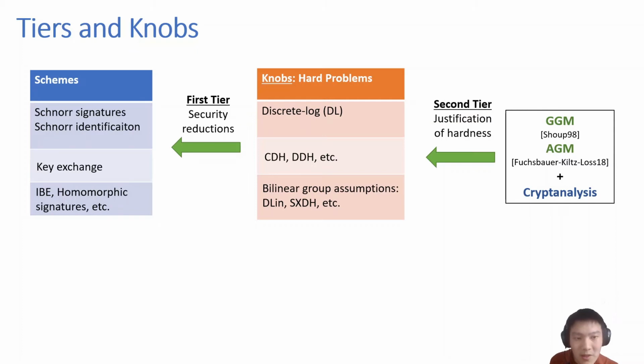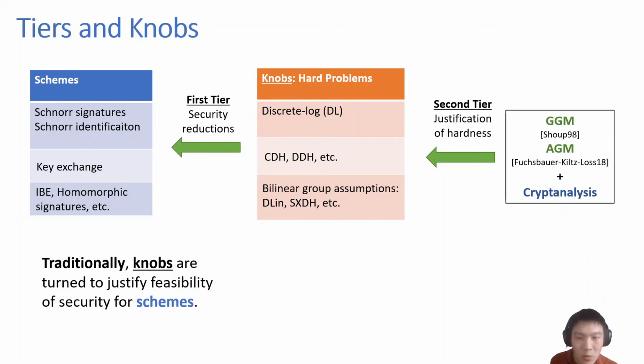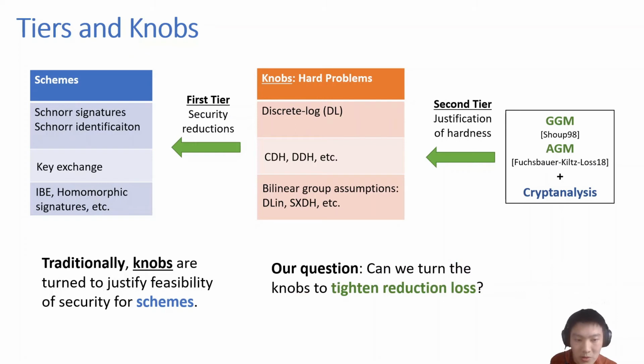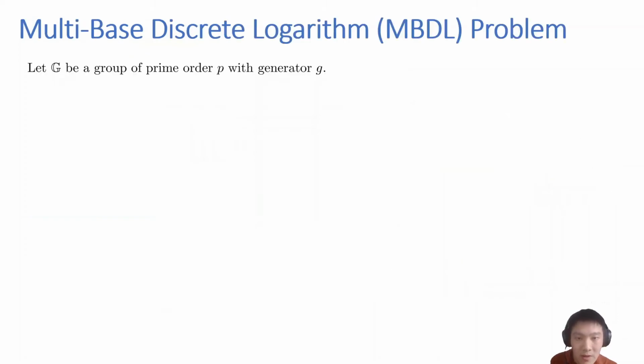Now, of course, these knobs cannot be turned without justification. The hardness of these problems must be justified in idealized models, such as the generic group model or the algebraic group model, and they need to be verified by cryptanalysis. For these problems, the hardness is usually seen as becoming more well-founded as the problem ages. Whereas previous bodies of work turn these knobs to achieve feasibility of security, we ask, can we turn the knobs to tighten the reduction loss? And our answer to this is the multi-base discrete log problem,